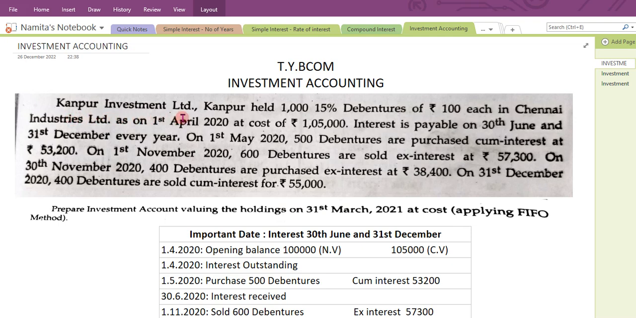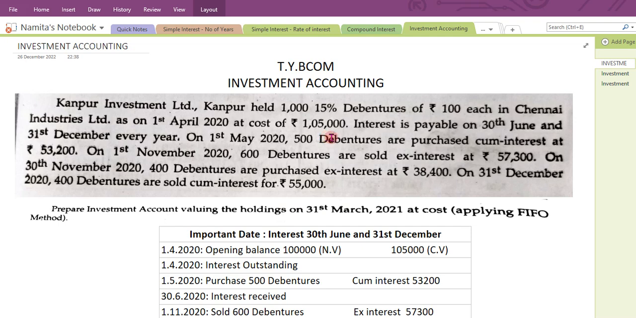Kanpur Investment Limited, Kanpur held 1000, 15% debentures of rupees 100 each in Chennai Industry Limited as on 1st April 2020 at the cost of rupees 1,05,000. Okay, so Kanpur Investment Limited held 1000 debentures and the face value of each debenture is 100 rupees. On 1st April 2020, the cost, meaning the market value or the capital value of 1000 debentures, is